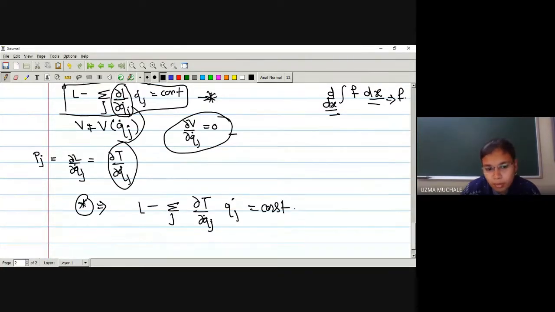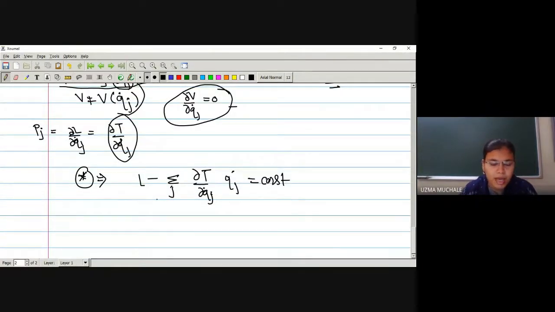Now we have to remember the last lecture. What we have seen in the last lecture, we have seen the kinetic energy as a homogeneous quadratic function of a generalized velocity. Here we had written an equation. Those who remember it, fine, otherwise you have to keep faith in me.